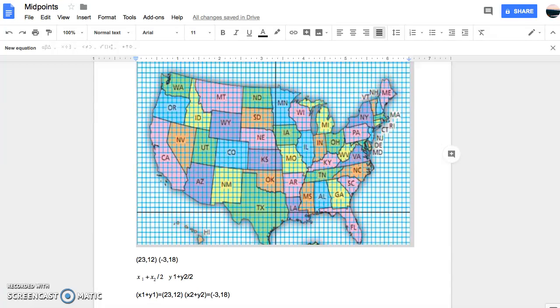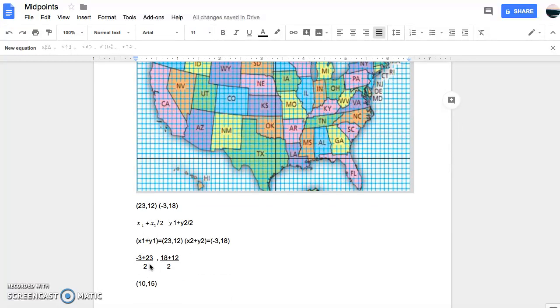In this screencast, I'm going to show you how I found my midpoints. So first I have my first two coordinates, which would be (23, 12) and (-3, 18). So you're going to start off with your equation, which is (x1 + x2) over 2 and (y1 + y2) over 2. So you're going to write it out, and it'll end up being